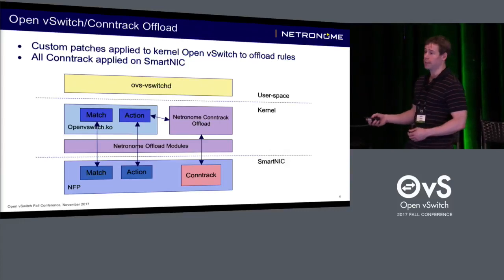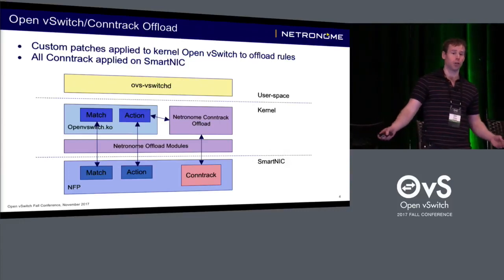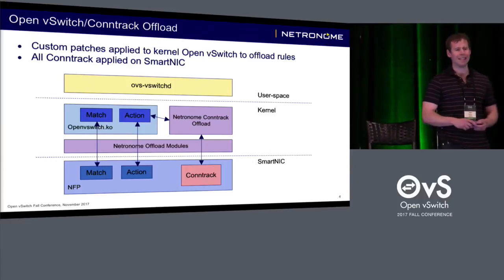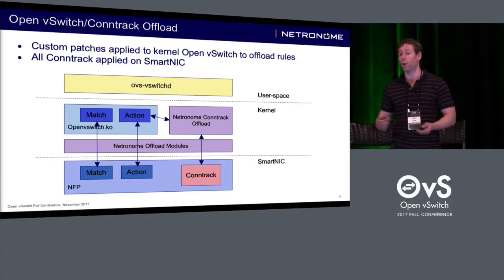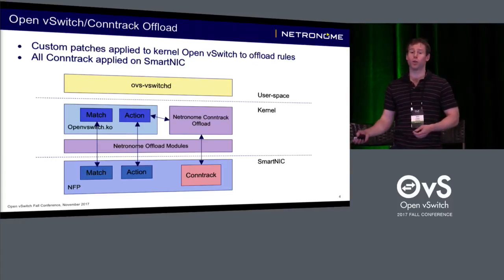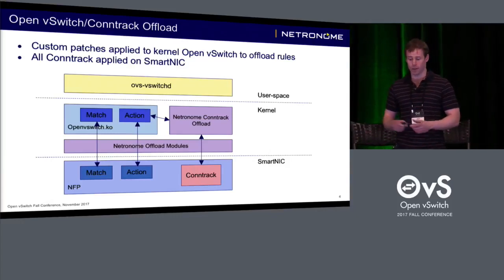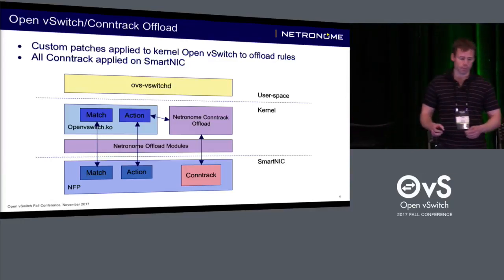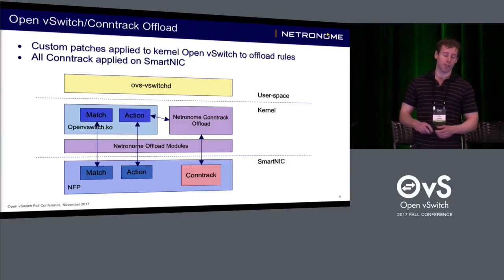If, however, the packet then matches in the kernel and in kernel space, instead of going to Netfilter Conntrack, we have our own module that we've put in here. It steals the packet, extracts the tuple information that's required for Conntrack, and sends a request to the SmartNIC to have Conntrack carried out in the same place as anything else. So we have this one area where Conntrack happens. The SmartNIC will then reply with the state information about this packet, and the packet will circulate back through the